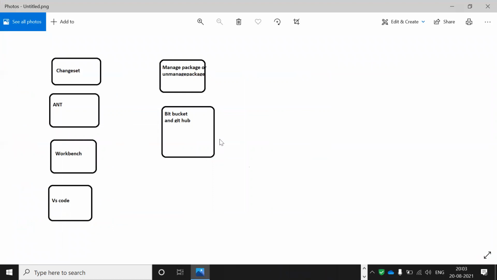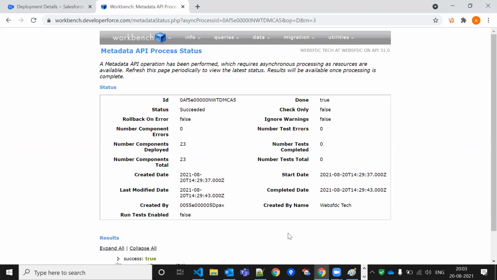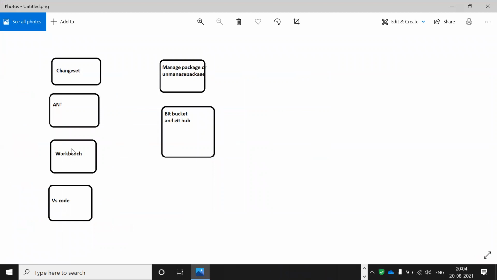Okay, fine. So this is about the deployment for this one. And one more thing: we are done with Workbench. We know how to deploy, how to retrieve things from one org, then log out and log in. After retrieving the things, we can store them locally, and after storing locally, we can authorize with any other org, the destination or target org. Then we can deploy to the target org. So everyone is aware, this is our deployment cycle. Now, in case of VS Code, how to deal with VS Code.